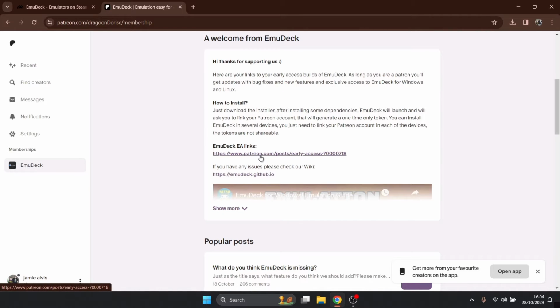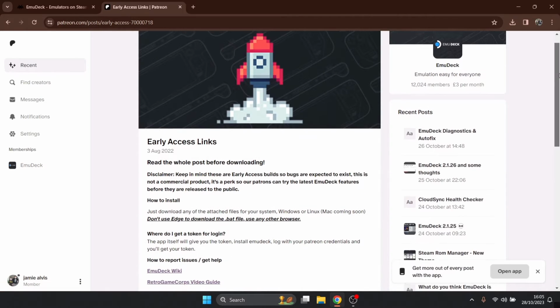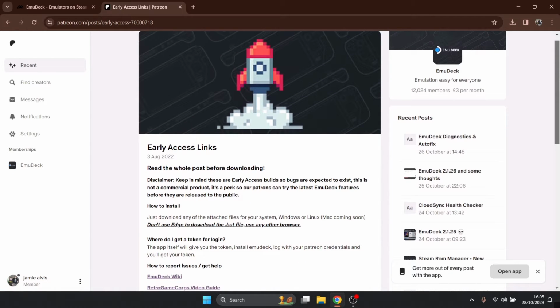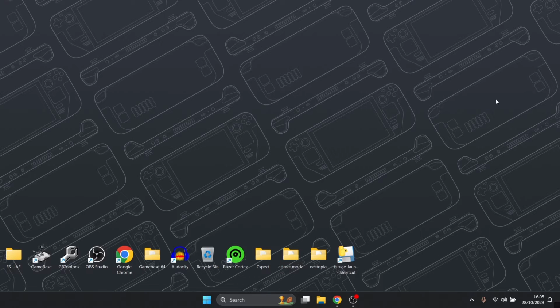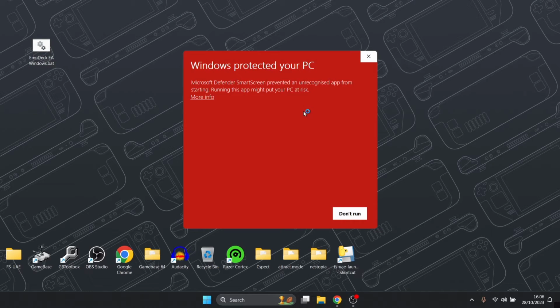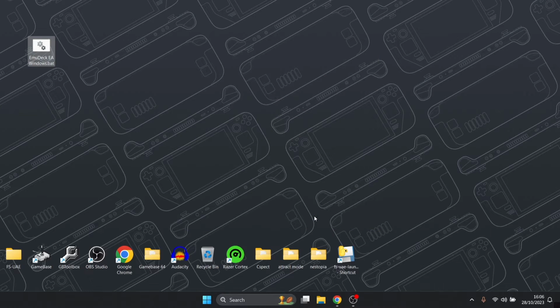So I'm going to go to EmuDeck EA links, and once we're inside the early access links, I'm going to scroll down and download EmuDeck EA Windows.bat. Anyways, we've got the .bat file, so if I close out of this website, what I'm going to do is double left click on this EmuDeck EA Windows.bat file, and Windows protected your PC, so more info and run anyway,